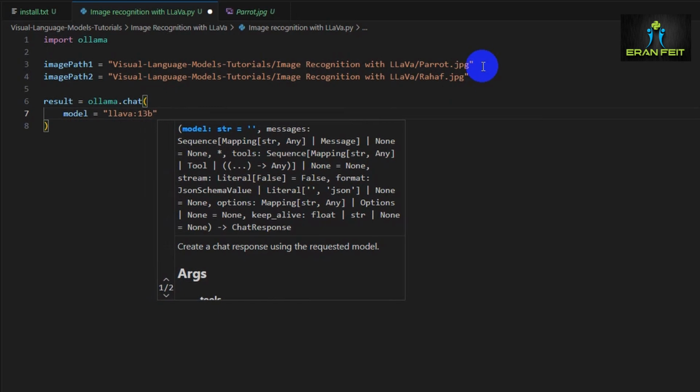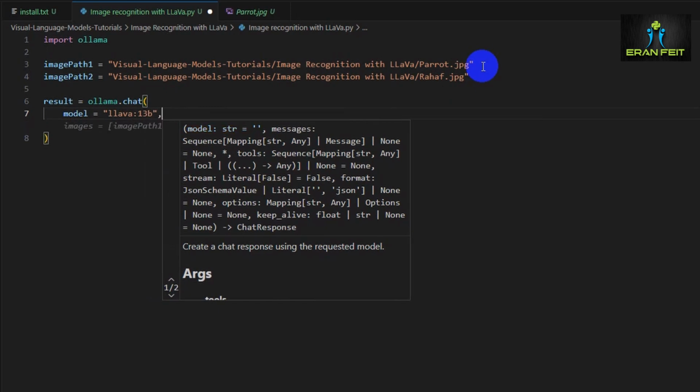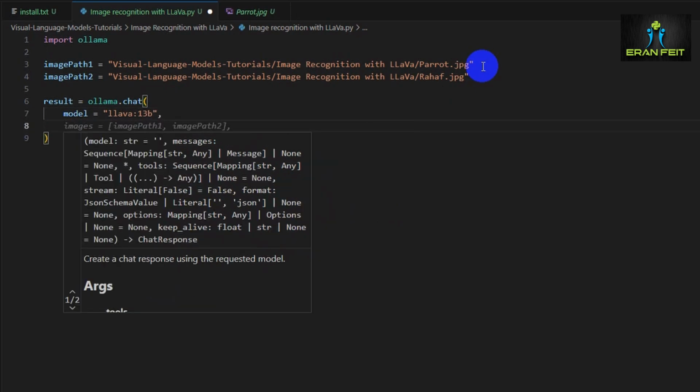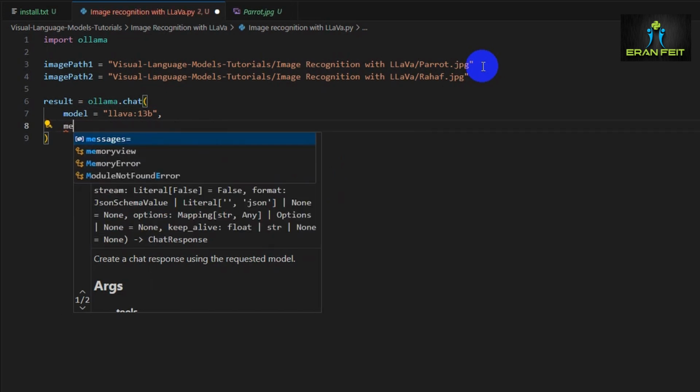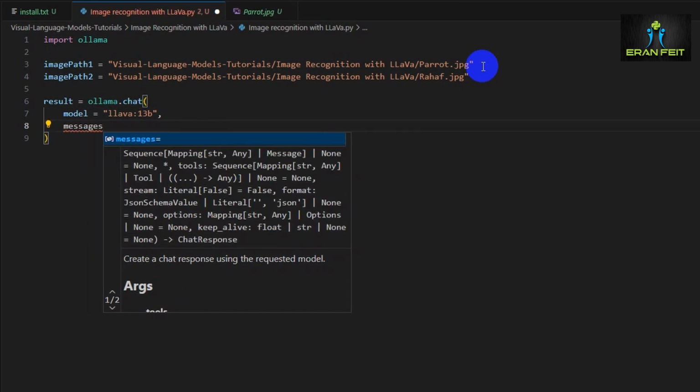So this would be the model parameter. Next are the messages. This is a very important parameter. Here we are going to send our image parameter and the prompt that we are going to ask our model. So messages equal,